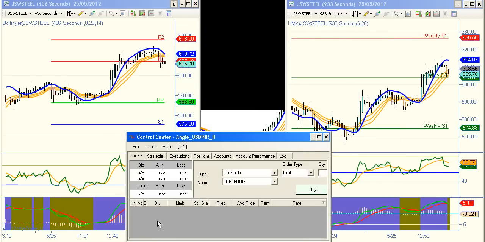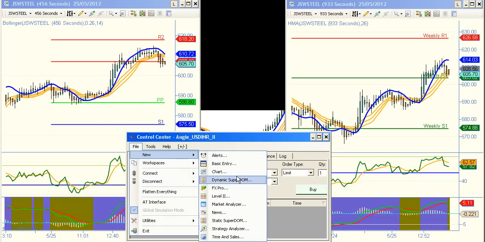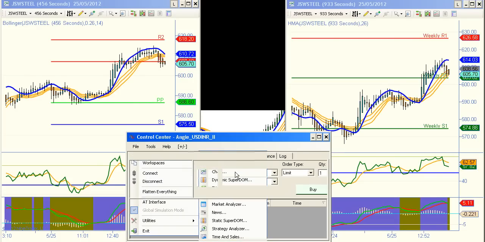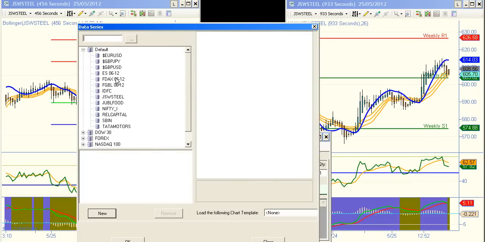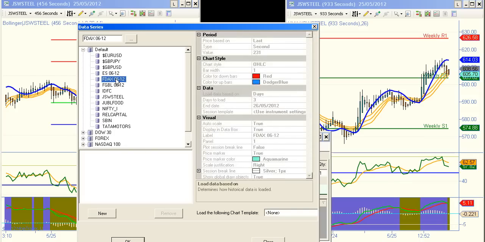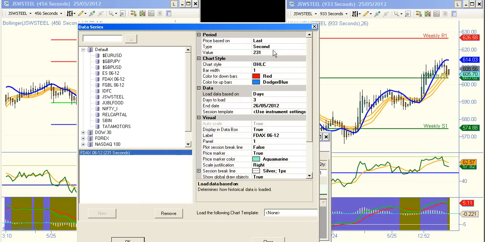I have NinjaTrader 7, NT7, in front of me. Let me take a new chart for this presentation. I will take FDAX, which is German DAX 30 futures index. My favorite 456 seconds, 3 days will do.